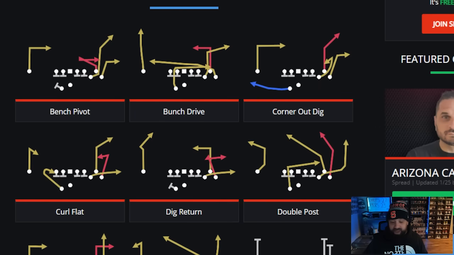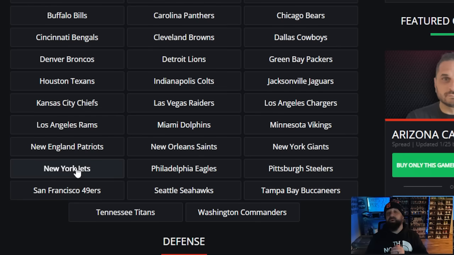So if you like to run bunch, if you like to pass the ball a lot, definitely take a look at the Colts or the Eagles playbook. They're exactly the same. The final offensive playbook we're going to go with is the Jets,